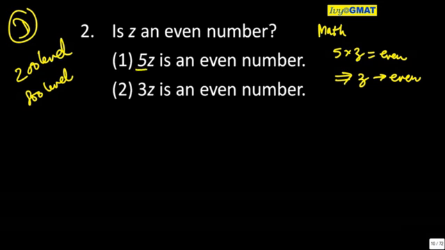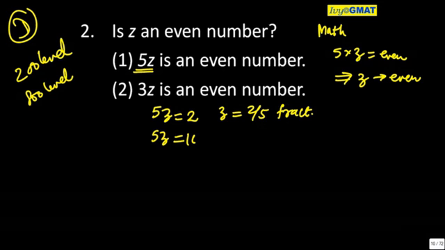Let's see. What is even, Z or 5Z? So if I say 5Z is equal to 2, suppose, what will be Z? It's a fraction, so not even an even number. But if I say 5Z is equal to 10, then Z would have been equal to 2, which is even. Now suddenly I find something that I would not have ever cared about. I would not have cared about the fact that Z is an integer or not, but now I know 1 is not enough,